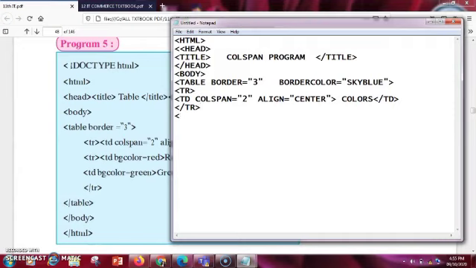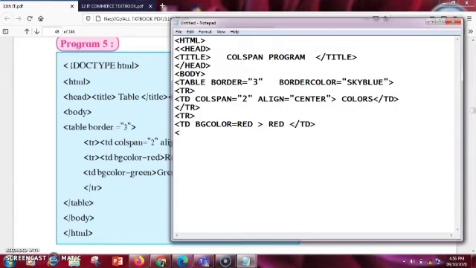Now we'll start with the second row. I'll start with a fresh TR tag and inside it give a TD tag with a BG color equal to red, and I'll write red here. After that we end the TD tag.